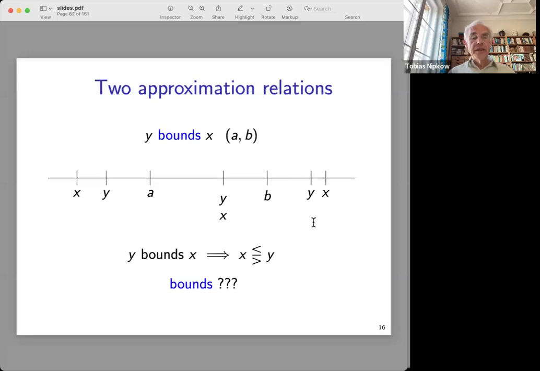I would love to get a better name for bounds, because "y bounds x" is a bit of, yeah. In some sense, you want an asymmetric symbol here, but I don't know which symbol to pick because it's not clear whether y is less than x or y is greater than x, because of the symmetry with respect to the lower and upper bounds. So I'm looking forward to any suggestions from the audience. So y is sometimes an upper bound and sometimes a lower bound for x, depending on which side of the